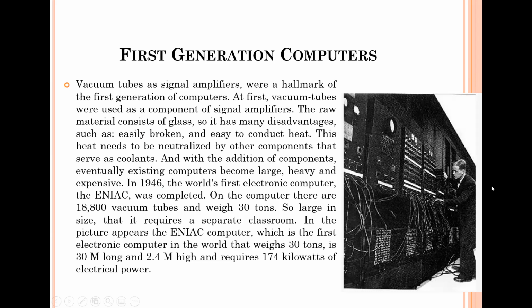As we can see from the picture here, the shape of the computer is very huge, right? Even the person here is so small. And then we've got these huge devices as the computer. This one is the first generation. You can see that the structure is more like vacuum tubes, the huge ones, right? And then there are a lot of amplifiers there. We can see it's really complicated, with a lot of cables, not really easy to move at that time.